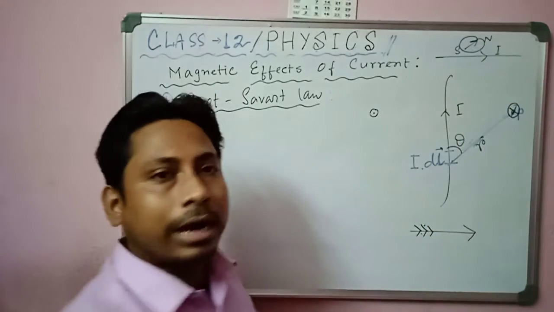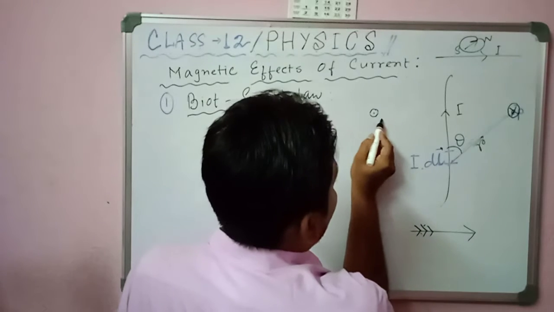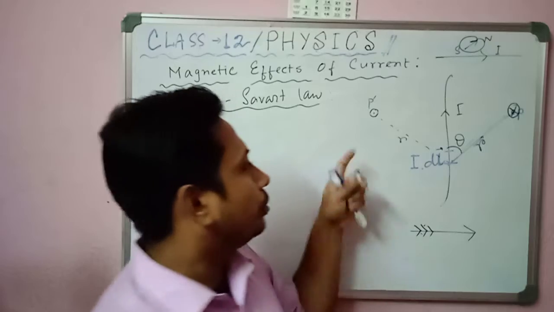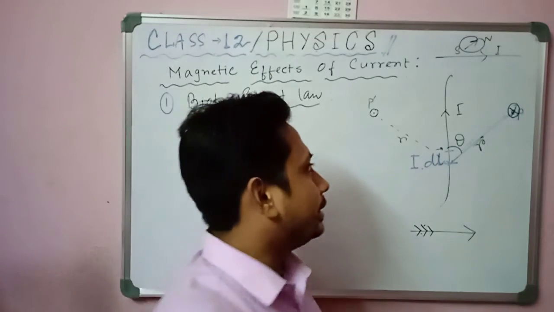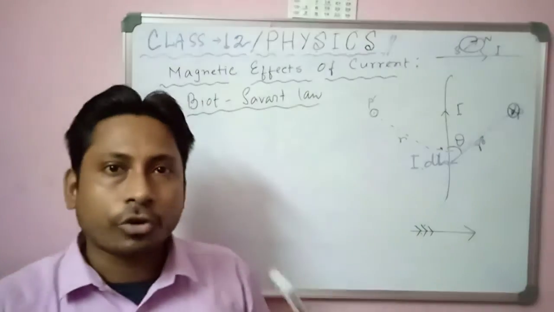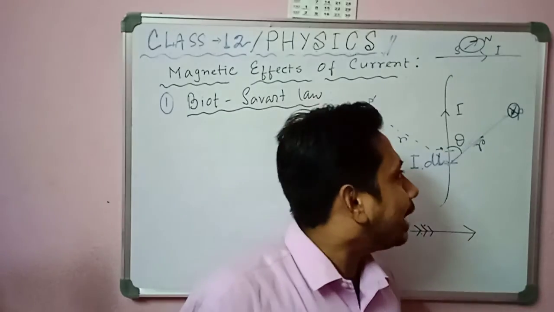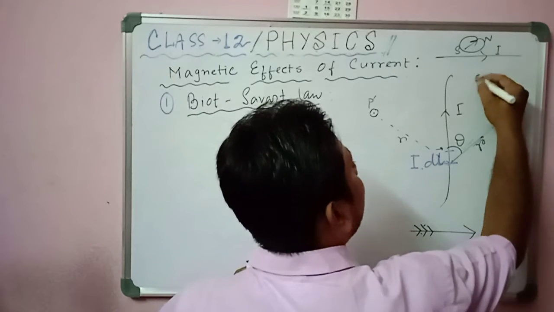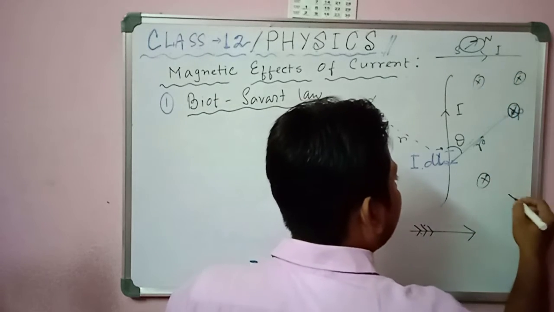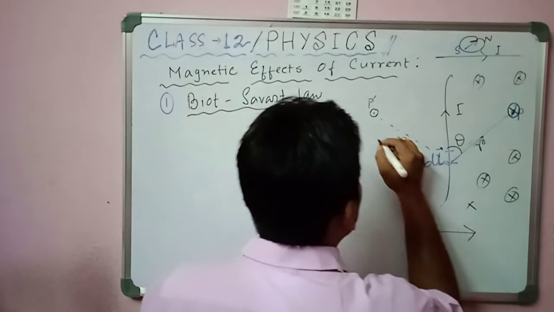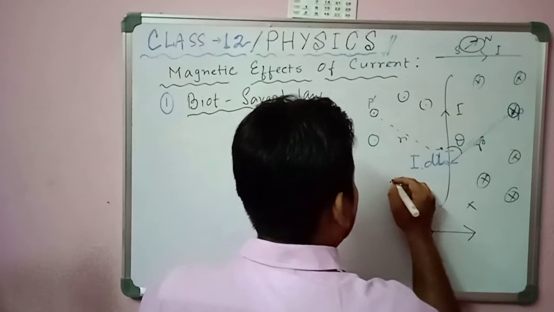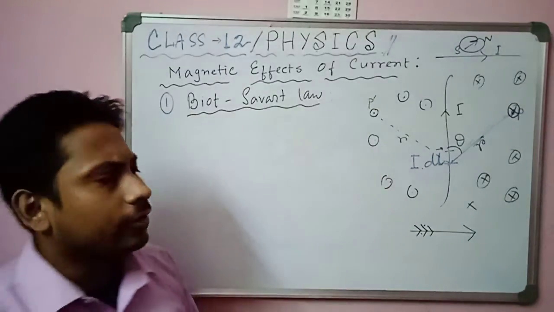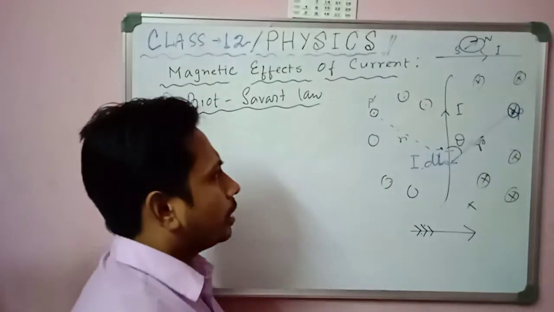Okay, understood? So this is dot. Whenever you take the r from this point to that point, suppose it's a P dash, then you draw dot, and at this side you can draw cross. So this is all about cross, the direction of the magnetic field. Everywhere here is cross, all the lines of force go inward, and here they come out. So here all the field is dot, and here all the field is cross.